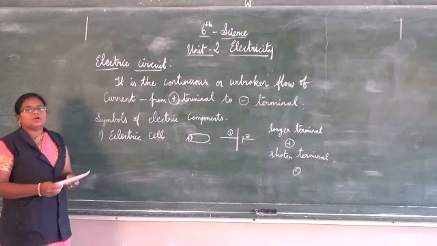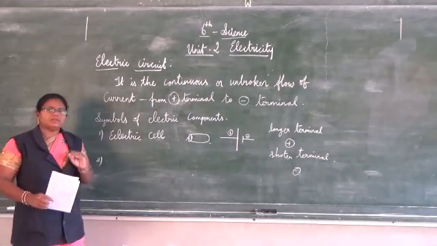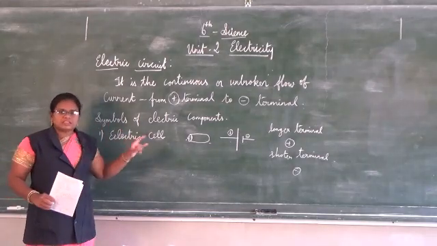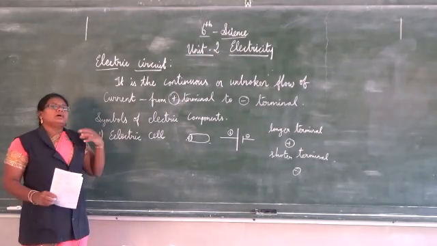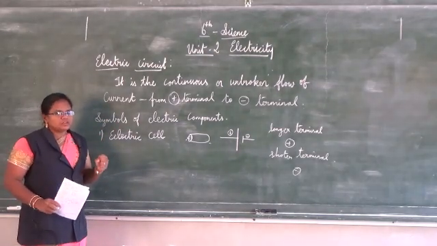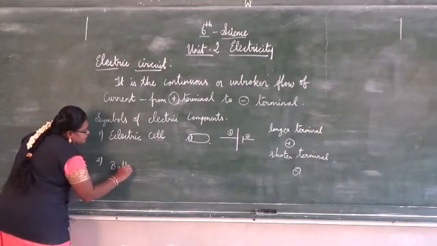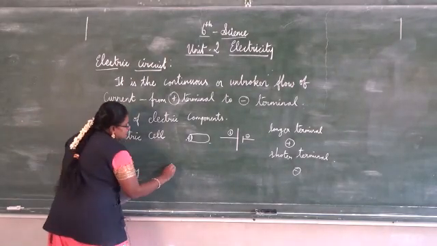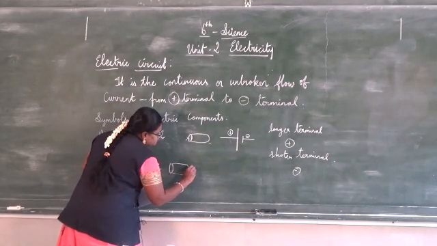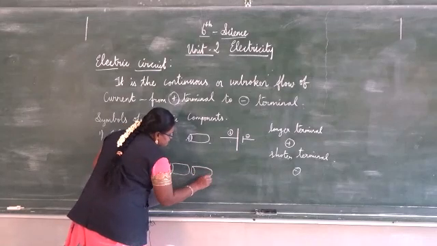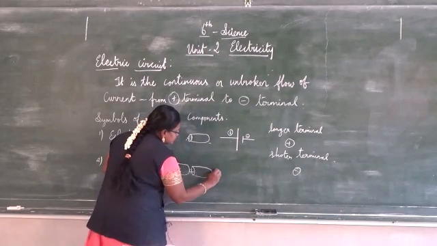Understand? Next we are going to see the battery. See, in the last session itself we saw the battery. We can't mention a single cell. See, a cell is the simple single one. Understand? Two or more cells connected is known as a battery. Next we are going to see the battery symbol. Battery itself means 2 or 3 cells, isn't it? We shall imagine 2 cells or 3 cells.